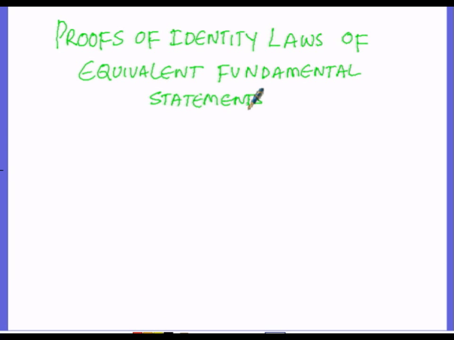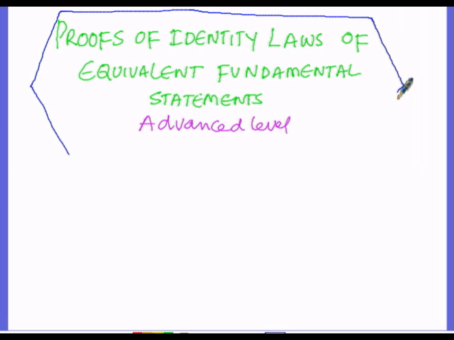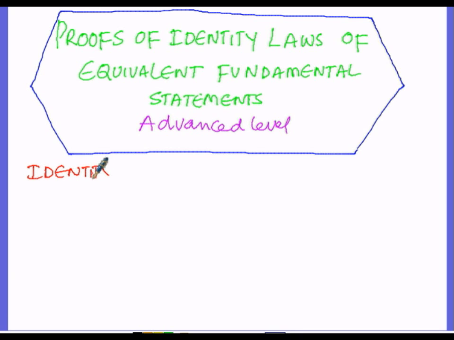So, here we are going to prove these conditions at an advanced level. In order to prove these conditions, we have to suppose one statement, let the statement be P, and a statement may be either true or false, but not both. Therefore, the truth values will be either true or false. Then, the identity laws which we are going to prove are